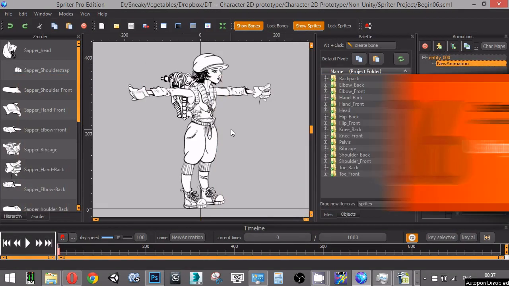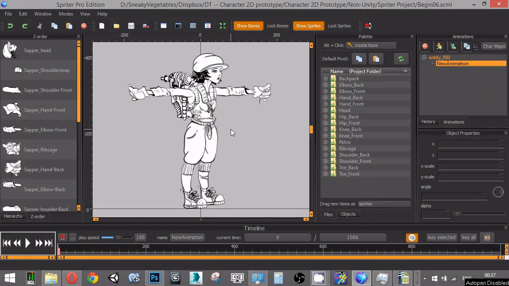Hi, and welcome back. In the last lesson, we had just put our character back together in pretty much the same Z order or layer order, if you like, as we had in Photoshop. Now we haven't got the same pose as we had in Photoshop. That's what animation is for. So we're going to do that next, or rather, we're going to prepare to do that next, using bones to control each of these sprites by making limbs and various articulated, jointed features that we can use like a marionette